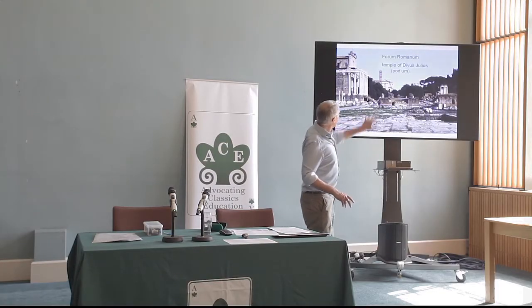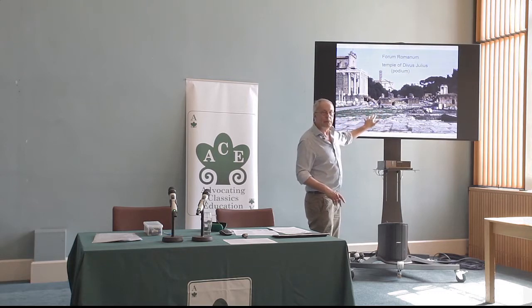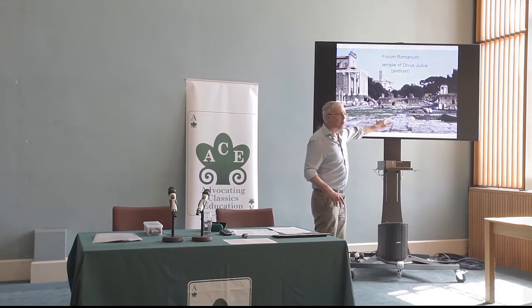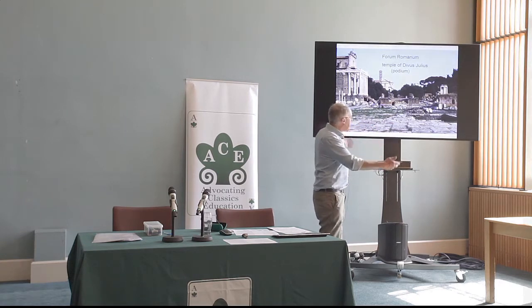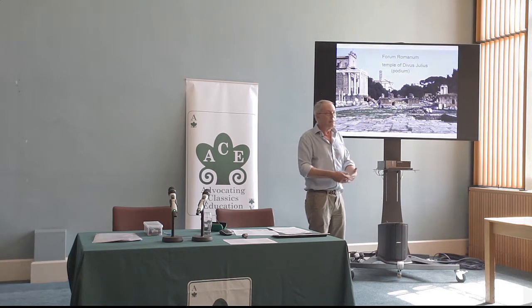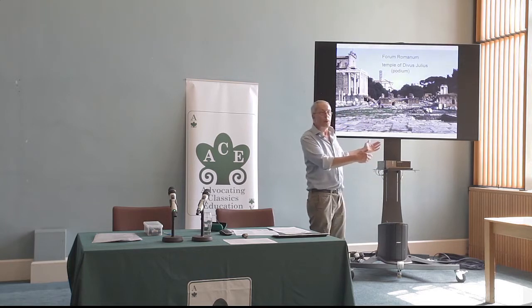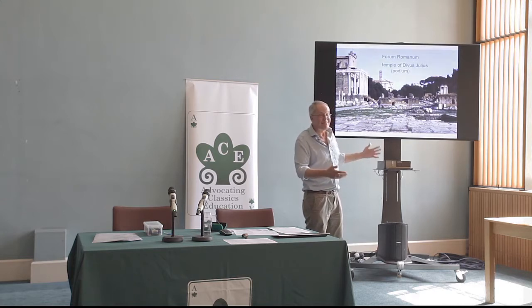One is that Octavian then decides to put up a temple to the god Julius in the forum, and he puts it, right, we're now looking the other way to the way we were looking before, but you can see it's right in the middle of the forum. So now, if you're in what was the Roman forum, where the people would meet to vote, if you look one way, you've got the Julian Senate House and the Julian Forum. You look the other way, and you've got the temple of the god Caesar. Okay, and you can see that this is getting a bit different.